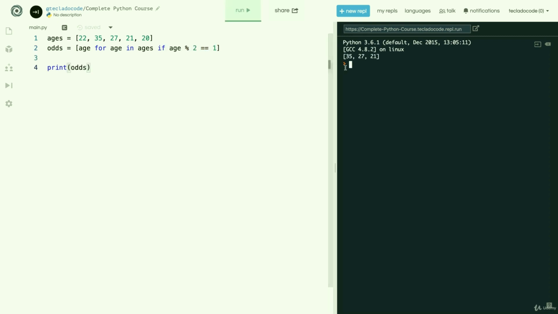So if we run that, you'll see 35, 27, and 21, which are the odd ages in the original list. Now, I appreciate that as soon as you start putting conditionals into a list comprehension, it does get a little bit more cluttered because you have the for keyword, in keyword, and if keyword all in one line. So something you have to be careful with when you're writing list comprehensions is that if it's getting too long